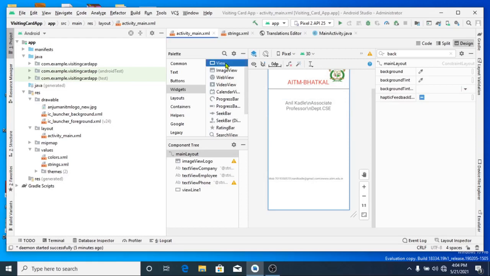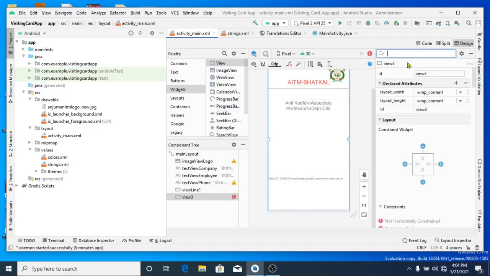Now let me bring another view. Then I will come out of the searching. It is saying view 3. Right, I have chosen it, I want to change the ID to line 2. Where do I want that line 2?